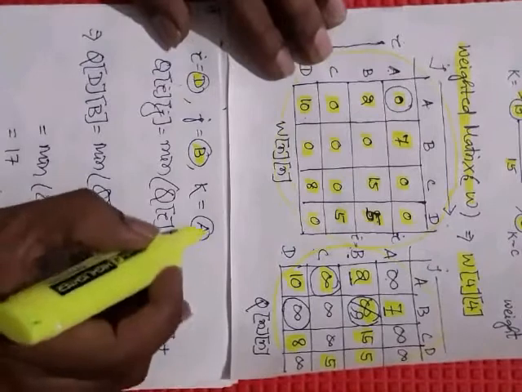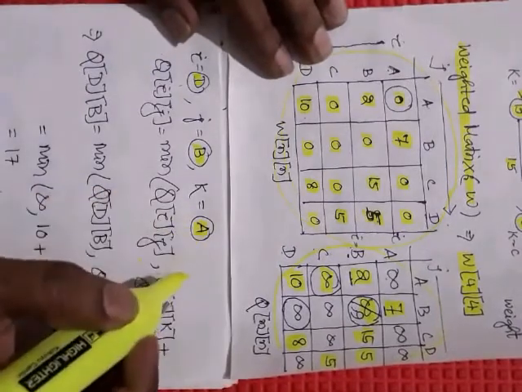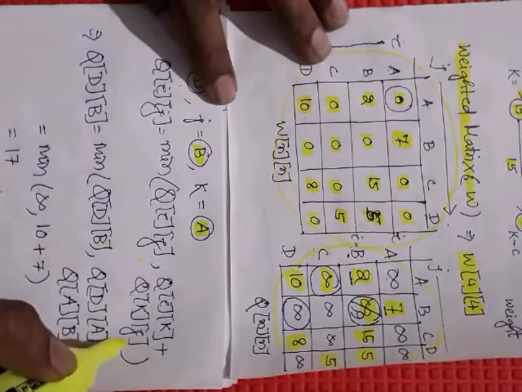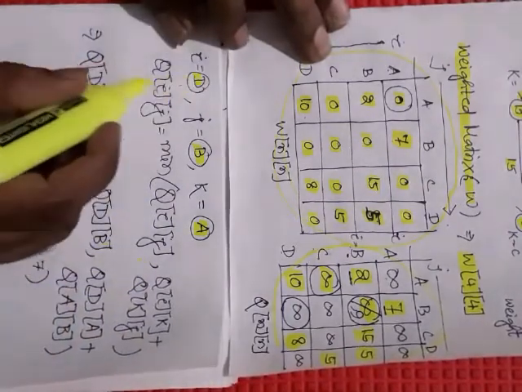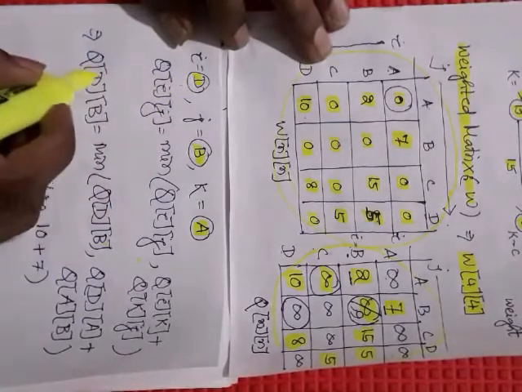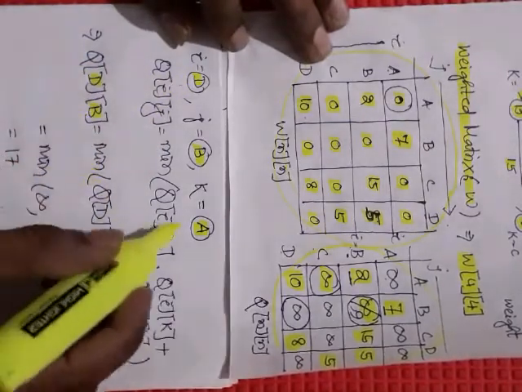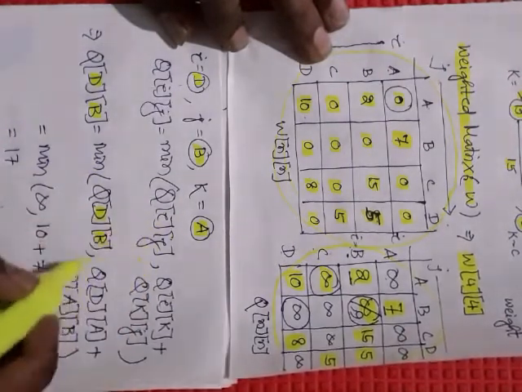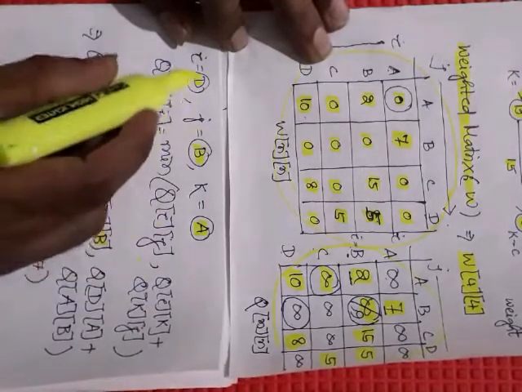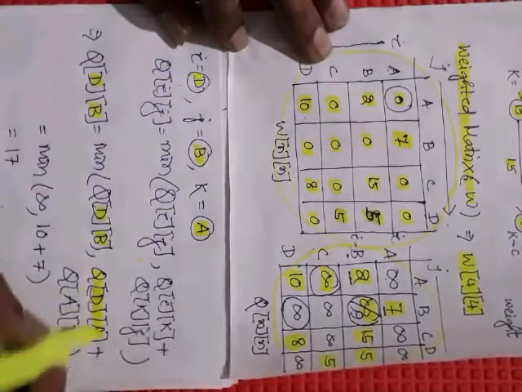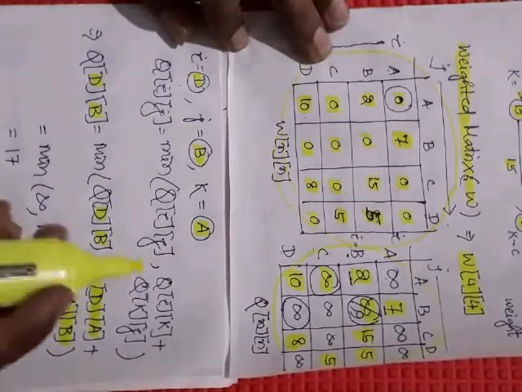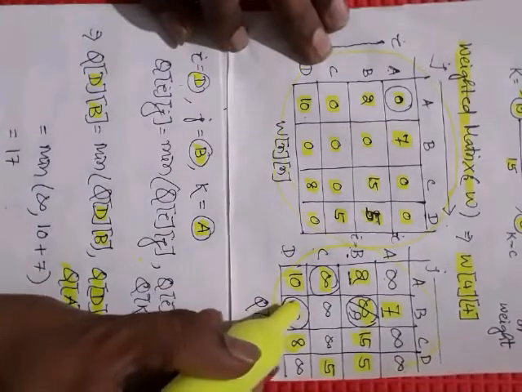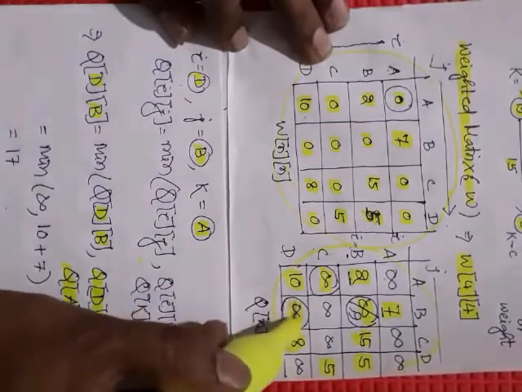The intermediate vertex is again the first node, that is a. So Q of ij equals minimum of Q of ij, comma, Q of ik plus Q of kj. When you execute, ij means the nodes are d and b. Q of db equals minimum of Q of ij, comma, Q of da plus Q of ab. So if you verify here, the Q of db value is infinite.